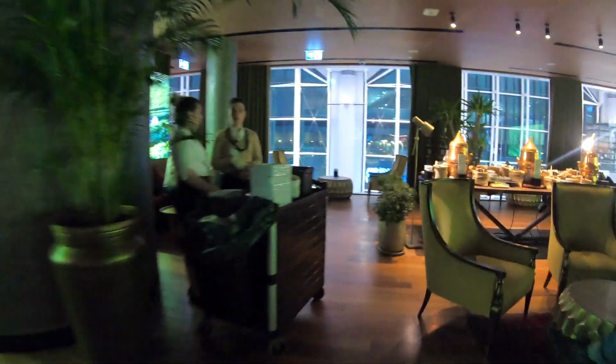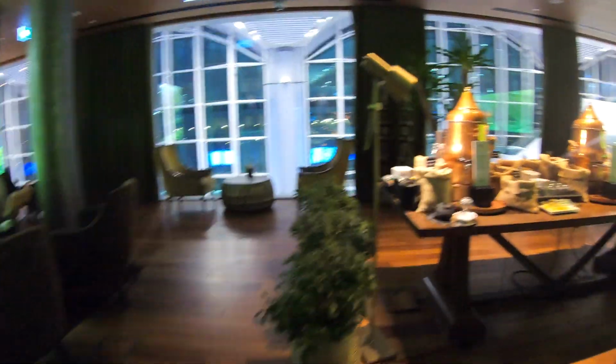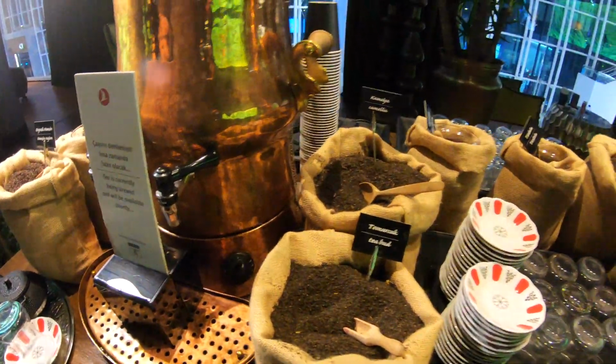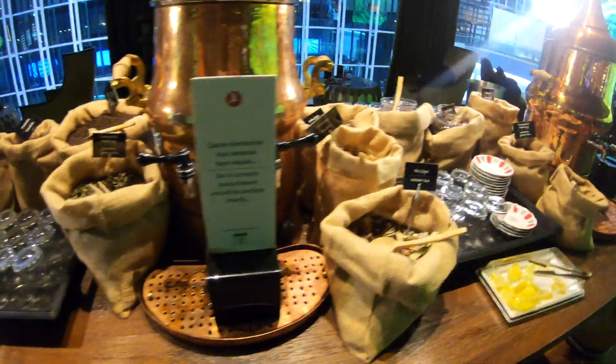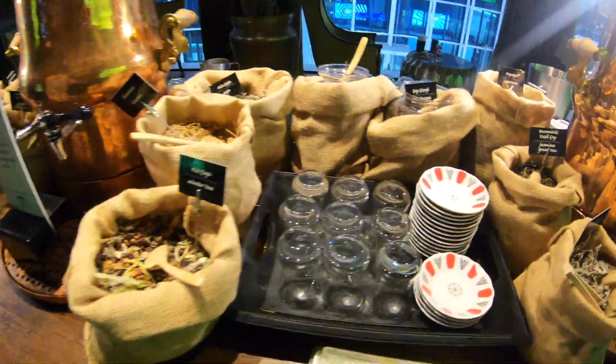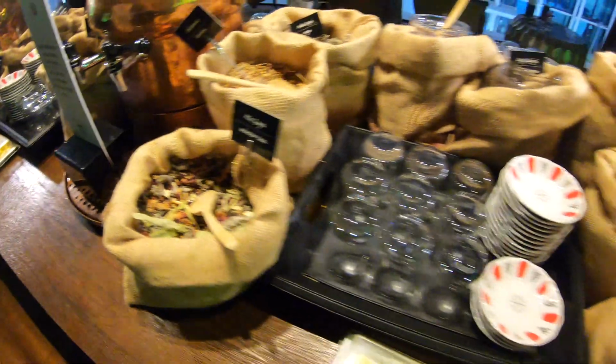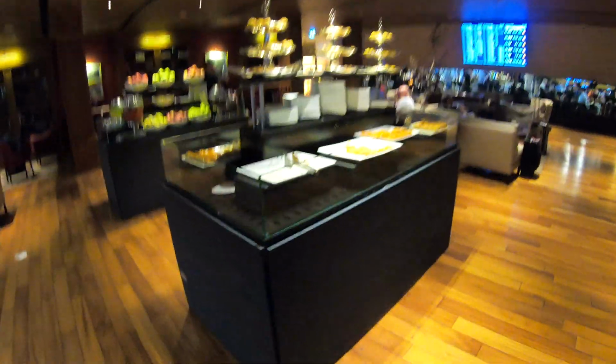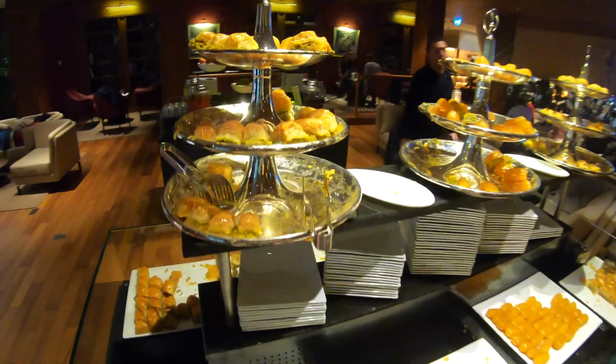So yeah, if you can live with a little bit of a rustic chic, then this is definitely a nice lounge to go to. You have the same tea options as in the business class lounge, the same whiskey and wine options, and yeah, it's in fact a very similar lounge. The only difference that I could spot was that they have a different setup for their little electric car game area, as well as a different area for the children to play in